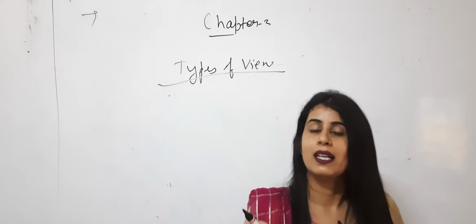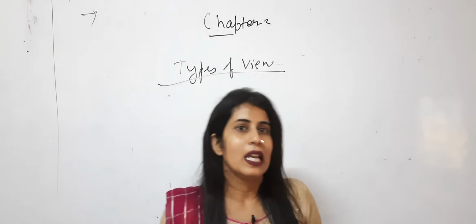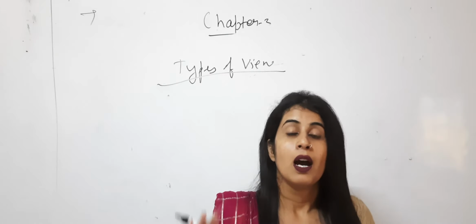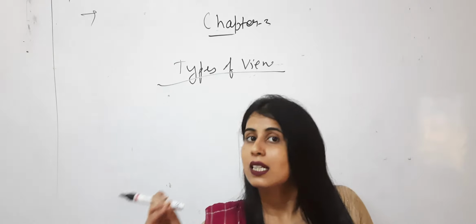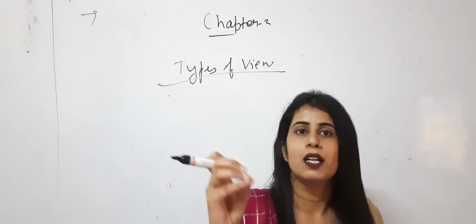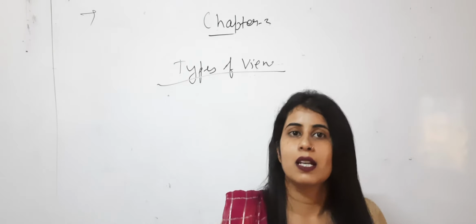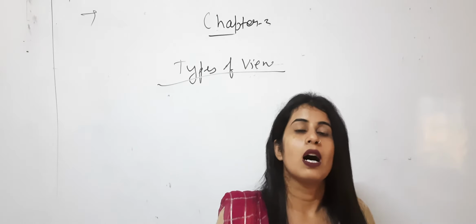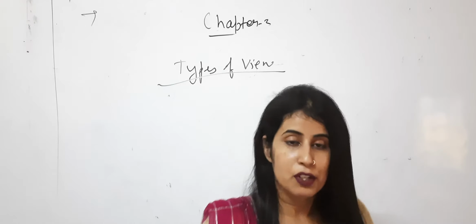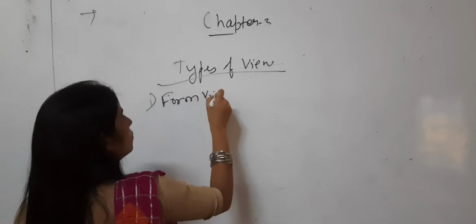And the third one is, what is the layout view? It is the third view, layout view. Okay, what is layout view? Layout view is used to change the appearance of the form, change the appearance of various controls of the form. What are the various controls? Basically, when we are using a form, so many controls I am giving there, like submit button, reset button, save button, next button. So these are the various controls. So if I want to change the appearance of the various controls in a form, I will use which view? Layout view.